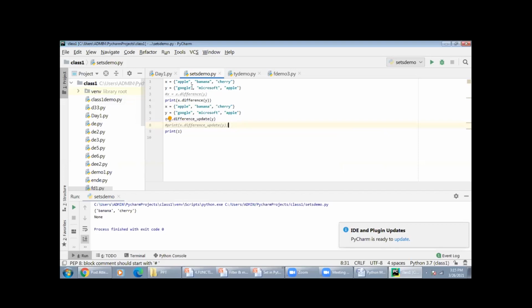But when you talk about a difference update, it is a very special function here. Any modification will be happening only within that same set. So that is the reason when you give Z,